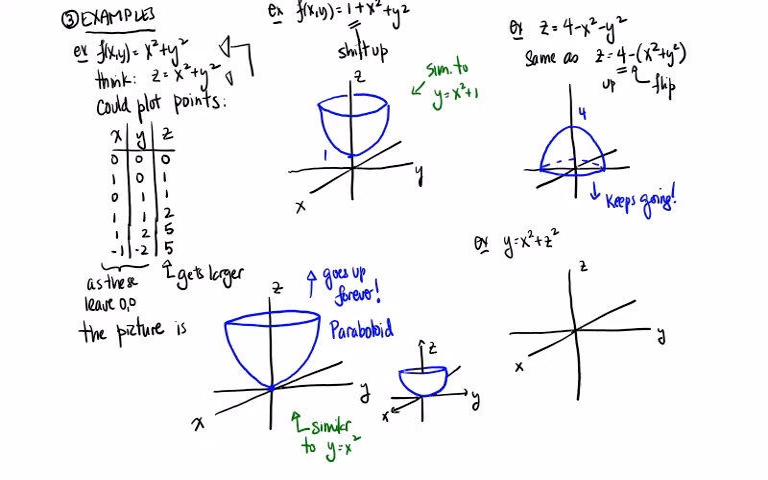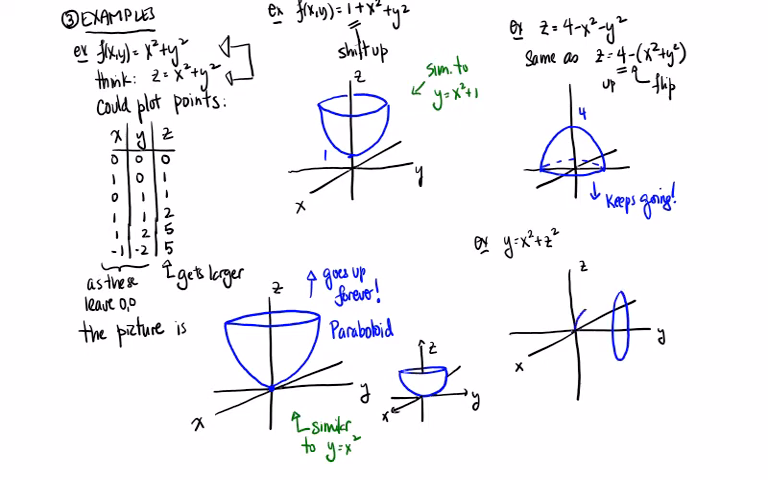Or you could look at it this way if you like. That one wraps around the z-axis, right? Down in that first picture that we drew, it opens up and contains the z-axis. This one, the letters are just switched around. So this one will open up and contain the y-axis. So